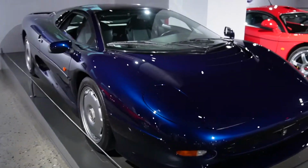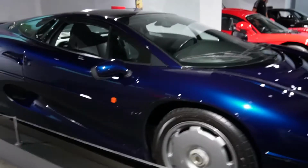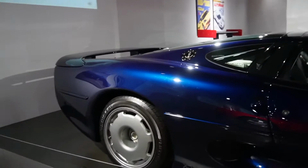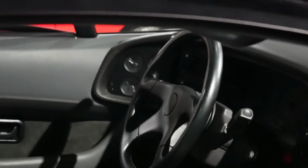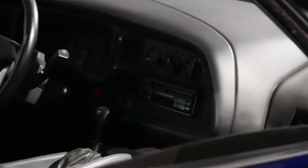You got the XJ Jaguar. We saw one of these at Car Week, but we didn't get to see it up close because it was in a secret parking spot that only a few people know about. So this is the first time I get to see it up close. Interior, what you would expect from that era. I mean, look, there's even an Alpine, probably a pull-out stereo. But what's amazing about it is